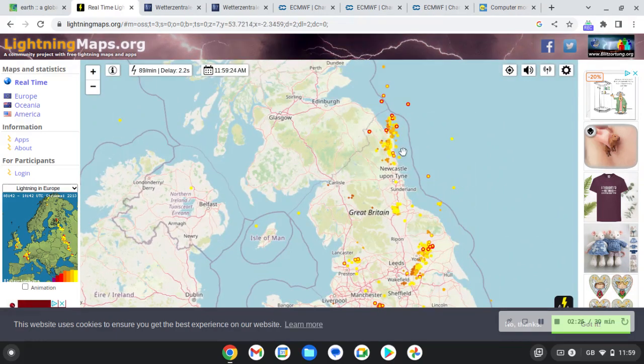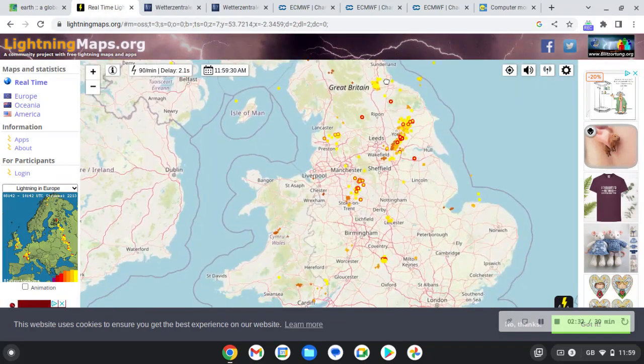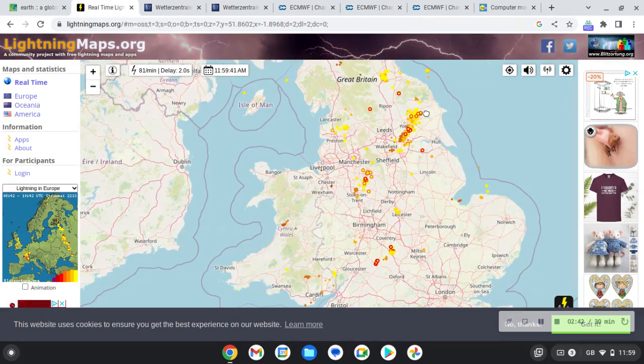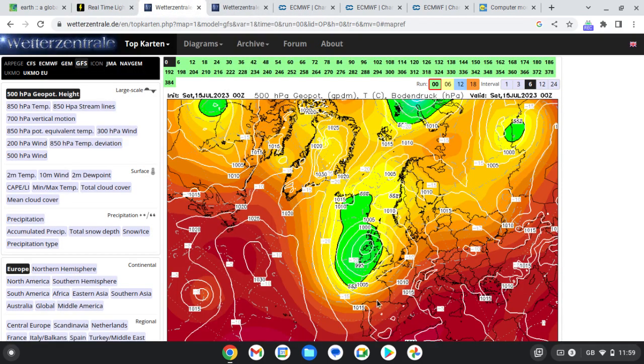Also in Scotland on the east coast, we're getting a lot of lightning strikes, a lot of thunderstorms, especially in the Midlands and Northern England at the moment. So I think we've seen enough of that for the minute. We'll update you on that again at the end of the video. So let's go to the